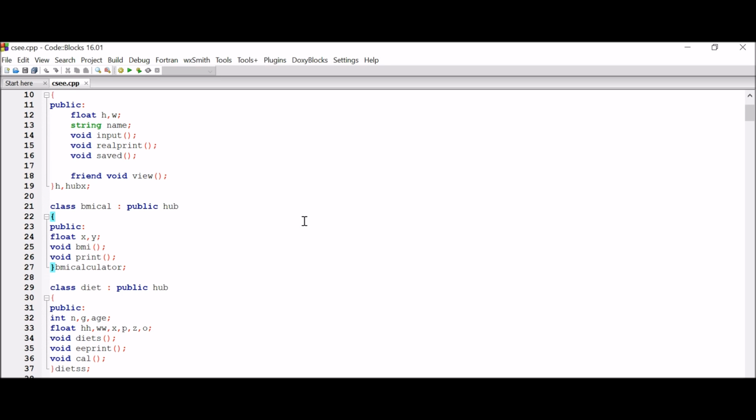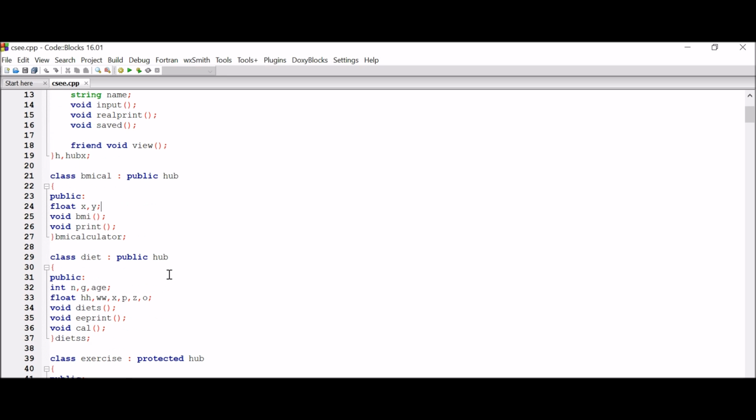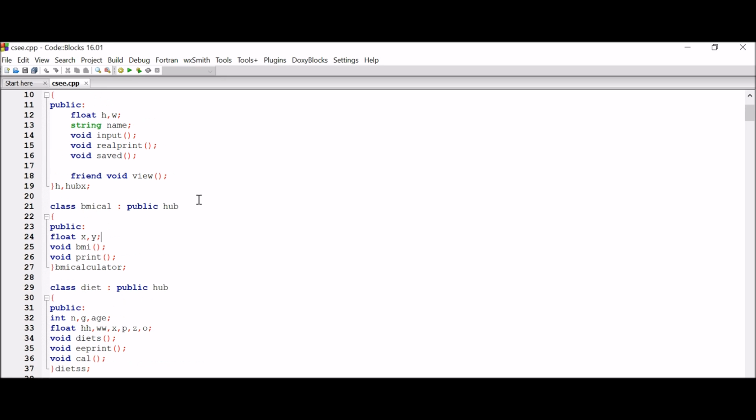Now there are two objects of this class hub, h and hub x. We will see where I have used them. Now I have a second class, BMI CAL. This is for the calculation of BMI, so I have named it BMI CAL. It has inherited from class hub publicly.